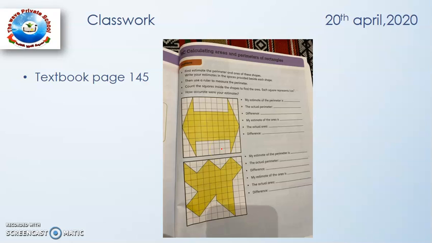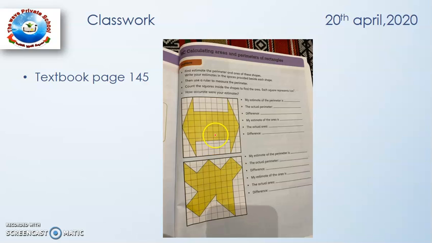In this picture you need to measure the perimeter and the area. For the area you need to count the blocks inside this sketch, and for the perimeter you need to find the length of each line, and after finding the length of each line you need to add them.